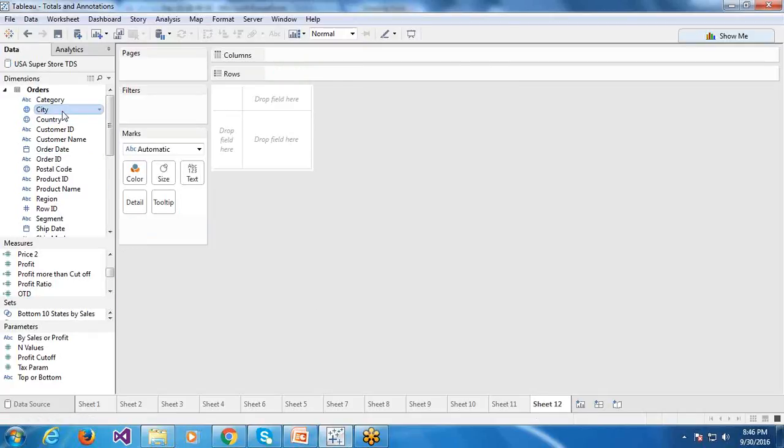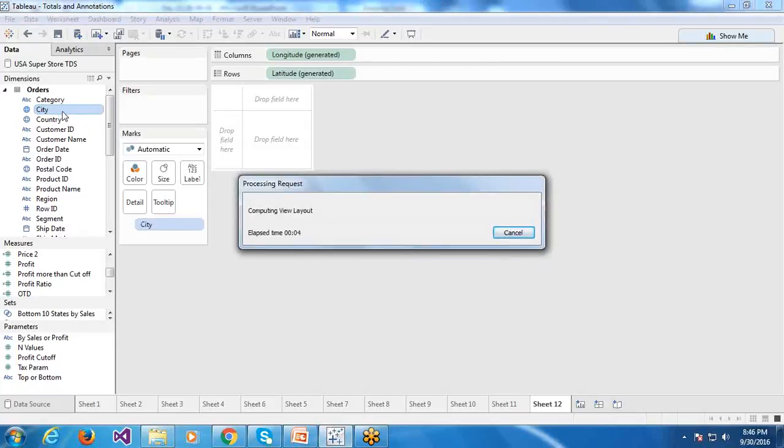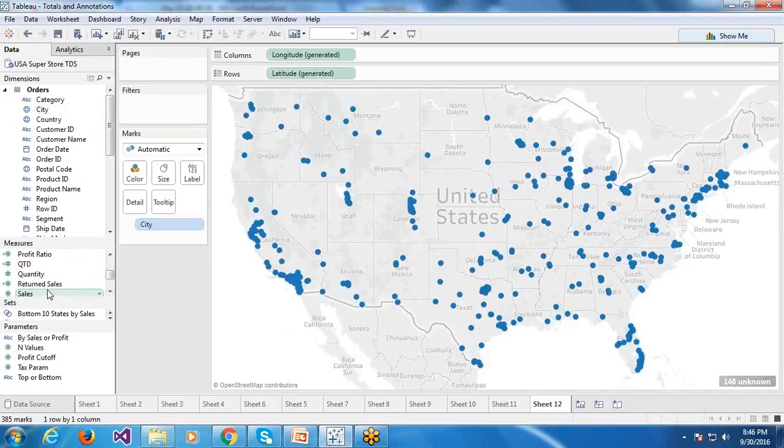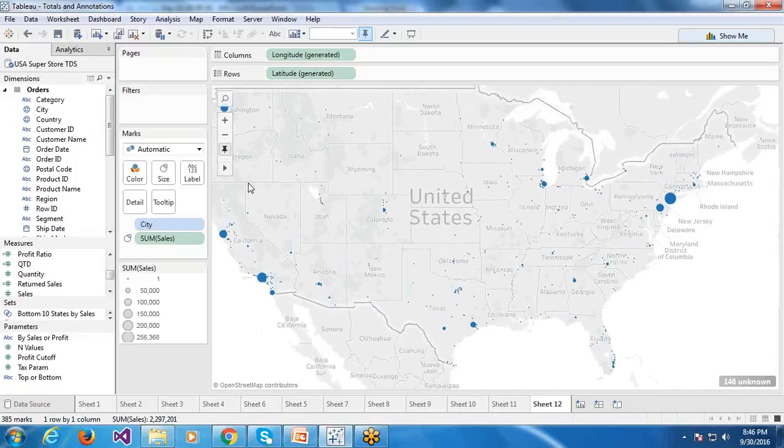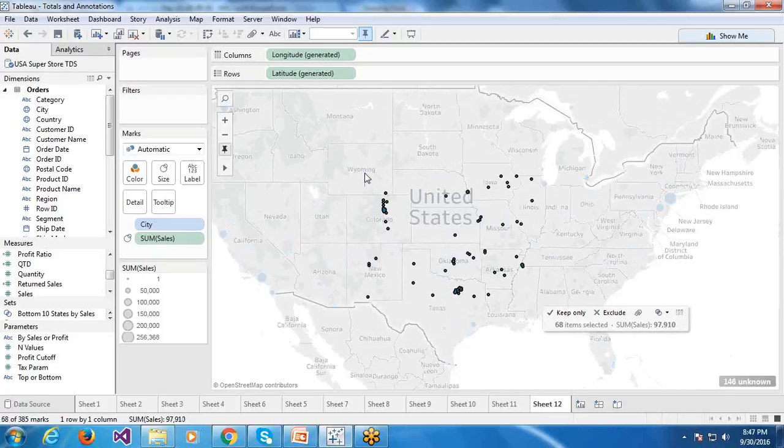Cities, and let us take states. See, for a map, the view toolbar is enabled by default, so you can pan it. Or you can select any particular cities. You can change the selection, whether it is a square or radial.